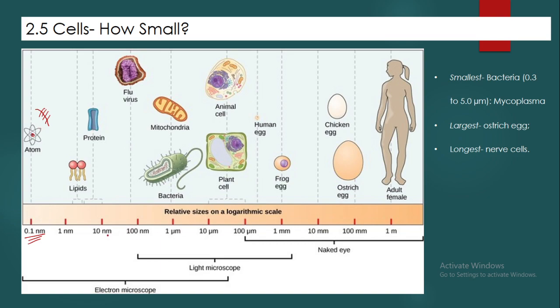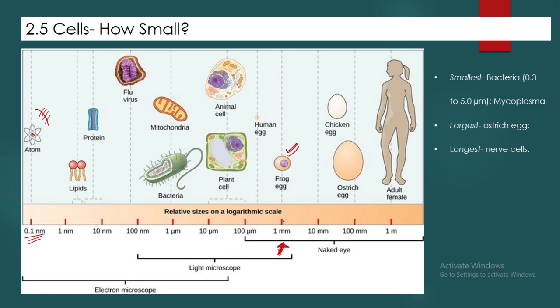Let us see first of all where we are able to see with the visible eye. I think the frog egg we are able to see with the visible eye, without any requirement of any microscope. The size of the frog egg is 1 mm in diameter. We have discussed earlier the resolution of the human eye. So in this range it is able to make out the size.